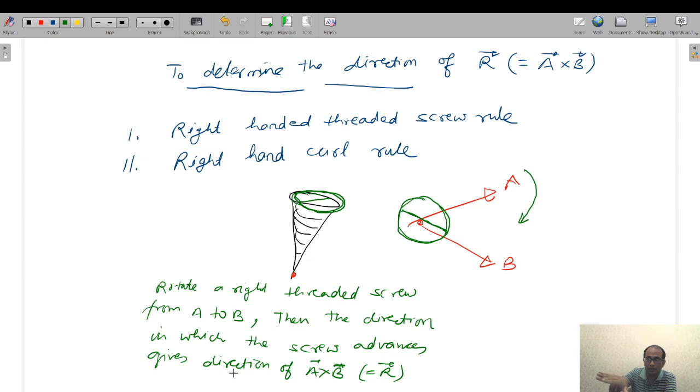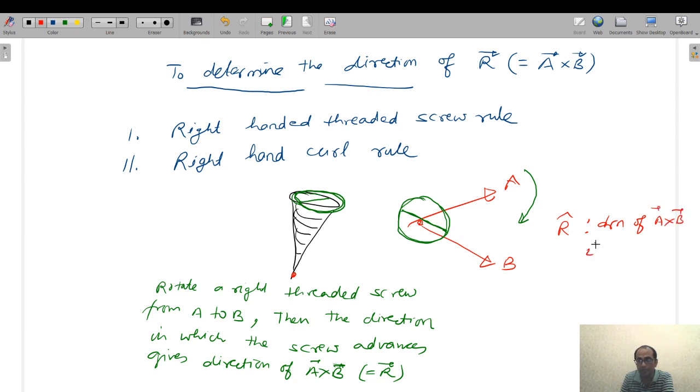look at my hands, so A ऊपर है, B नीचे है, so using my right hand if I rotate my hands from A towards B, it is a screw, right, if I start rotating it, तो कैसे क्लॉकवाइज जाएगा? यदि मैं राइट हैंडेड स्क्रू को क्लॉकवाइज रोटेट करूं तो किधर एडवांस होगा? Inside, right, inward advance होगा। तो इसका मतलब क्या है? इस केस में जो हमारा R cap है, R cap which is direction of A cross B, which is what? Direction of A cross B,